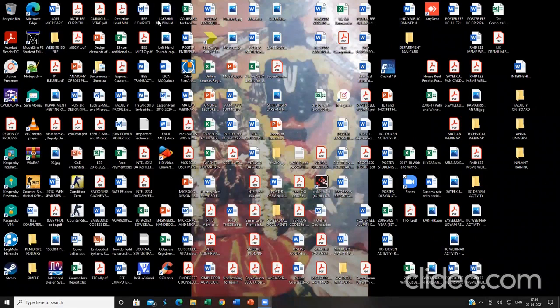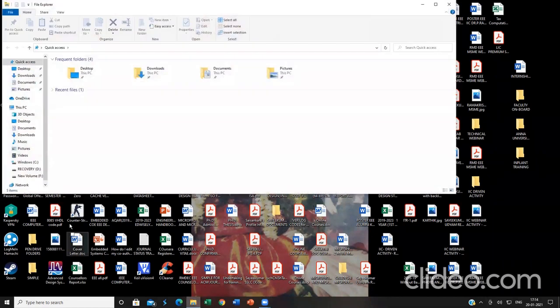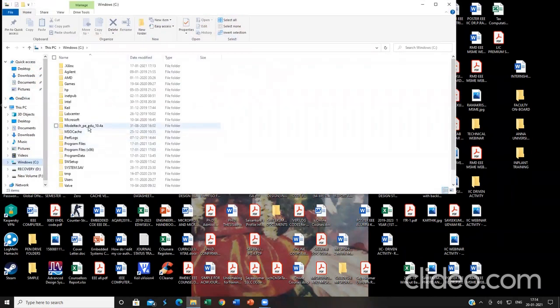Before writing a program with ModelSim software, first you need to create a folder. That folder can be created either in the drive where you have the ModelSim software installed, or in some other drive.